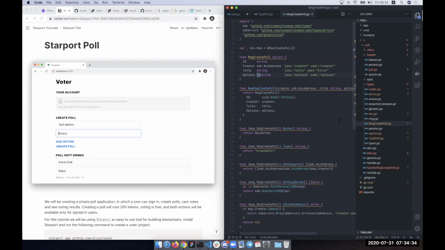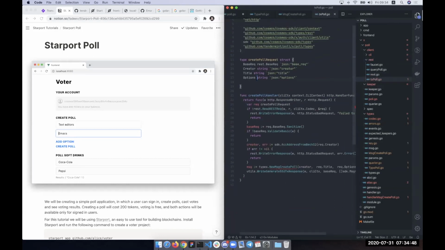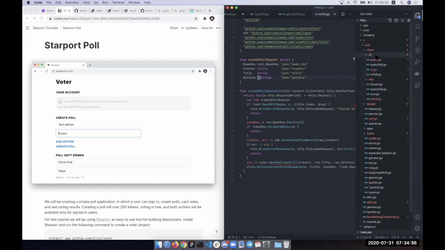And we need to go into our REST directory because we are building a web client. And we need to replace a string with a slice of strings as well. So three modifications in these files. And also,